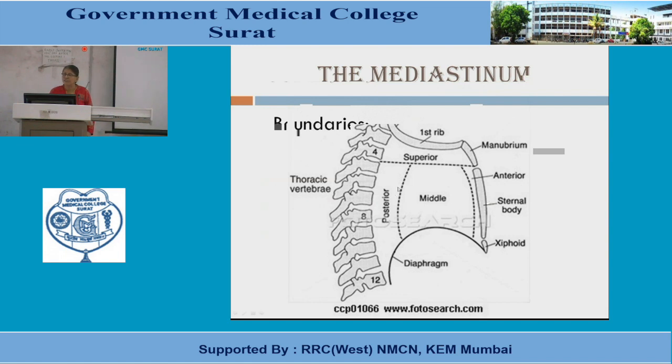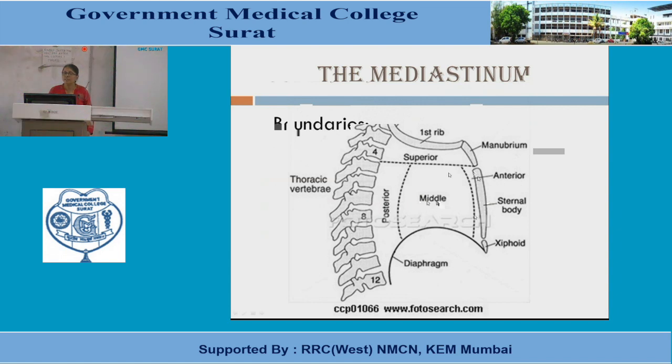Now, the inferior mediastinum is further divided into anterior, middle, and posterior mediastinum. How? By the heart and pericardium. Heart and pericardium and all the great vessels in the pericardium, they form the middle mediastinum. And in front of the heart and pericardium, this narrow space is the anterior mediastinum. And behind the heart and pericardium, this is the posterior mediastinum.